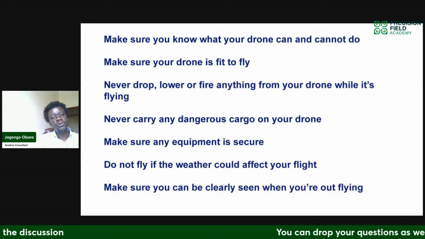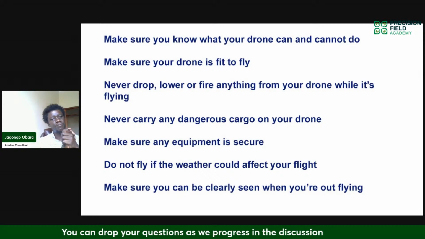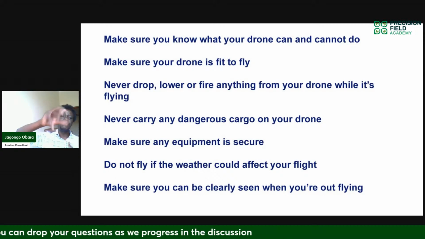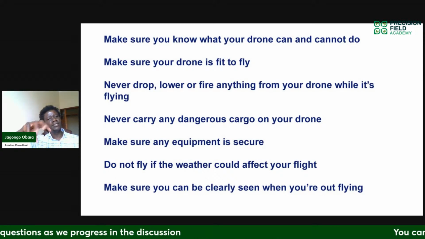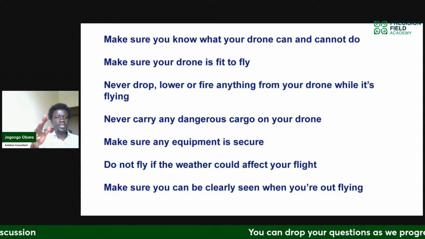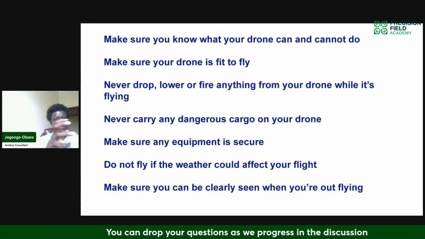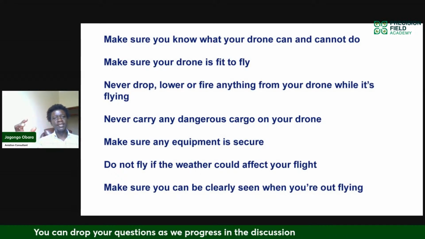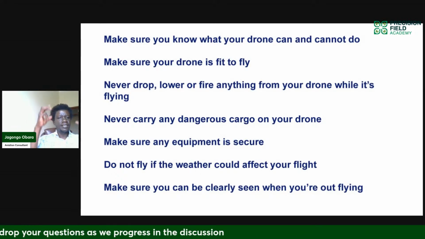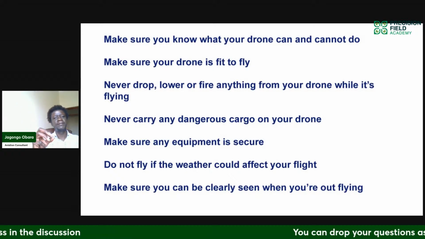We also want to make sure that the drone equipment is secure. The batteries have been latched and sealed properly. The fertilizer cap has been tightly locked. There's nothing loose that is going to shake. There is nothing going to fall off. We just want to make sure that this aircraft is in a solid state, that it can take off, do whatever it needs to do, come back, and land safely.